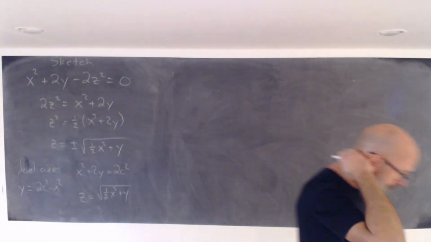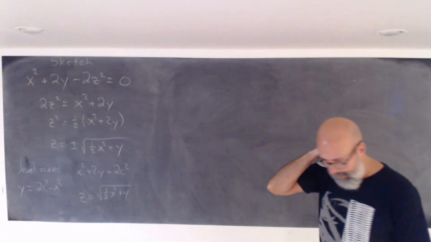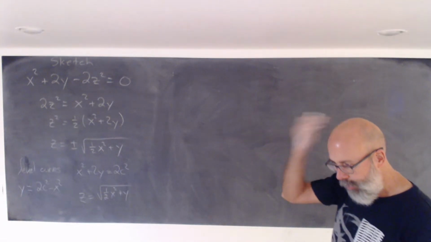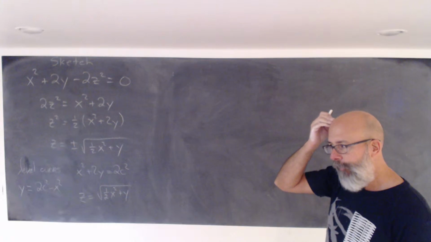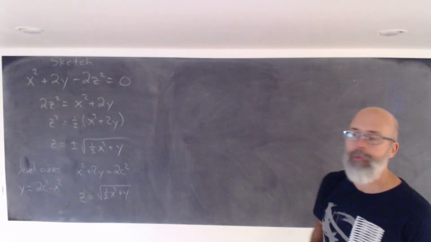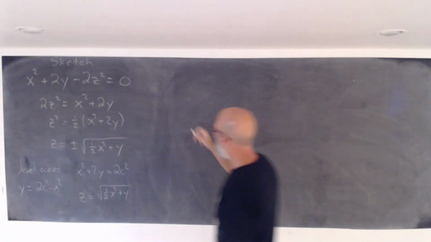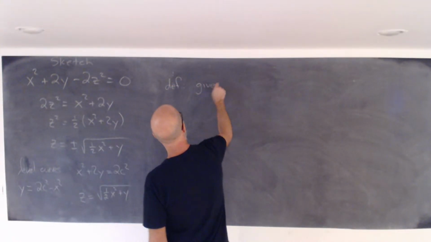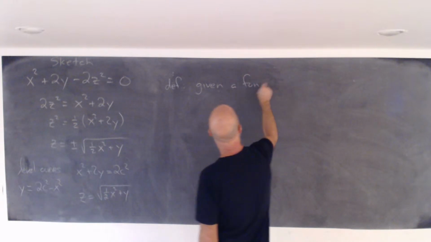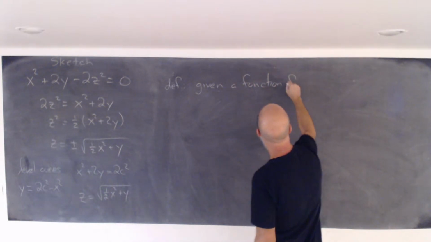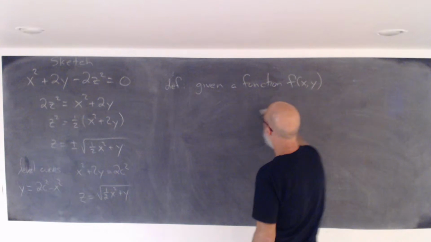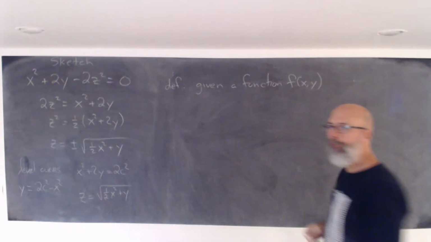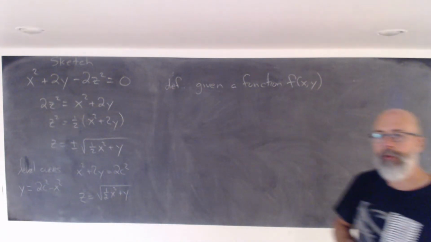So last time we were talking about limits, and as you know, in Cal 1 we use limits to define the derivative. We're going to do the same thing here. Definition. Given a function of two variables, so given a function f of x y,